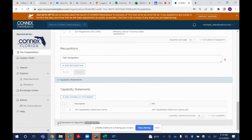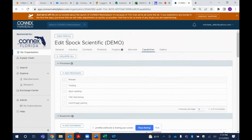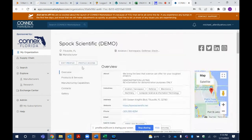So you also have employees and capabilities here. So that's a little bit about how to edit your profile. I want to talk a little quickly about, so that's that button here, walking through everything. The profile access,